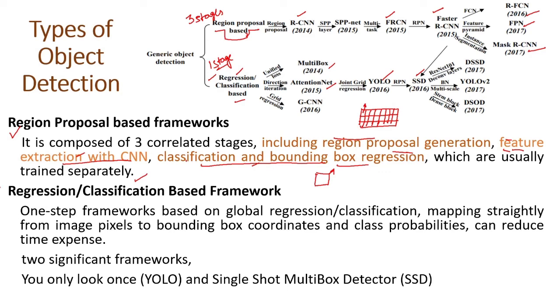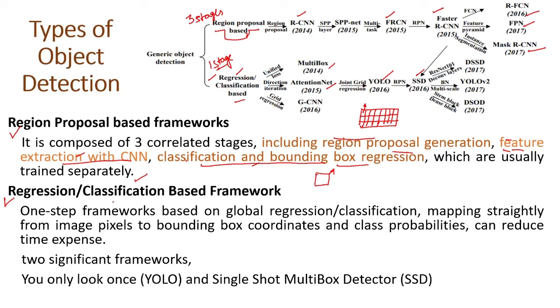So now we have the regression classification based framework. If you see this framework, we were training three separate models. So basically it would be more time-consuming, so the efforts would be more, and the time spent in handling different components would become the bottleneck in real time applications, because real time applications should be very quick.